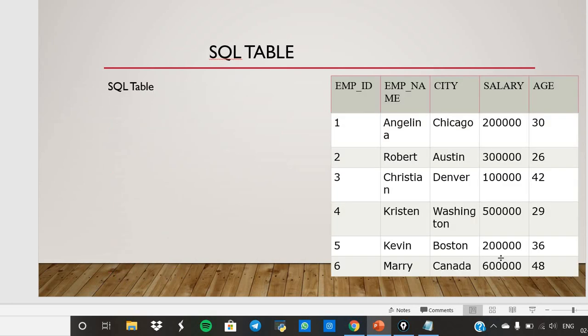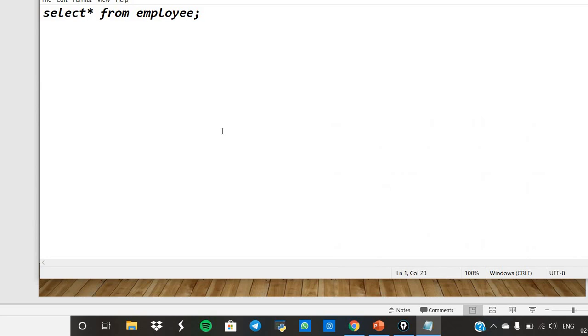Let's have a small table. We'll just create a table here. First you have to create a table with the help of create table. The table name I'm giving is employee, and in brackets I'm going to write employee ID, employee name.